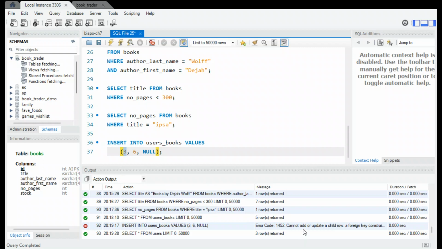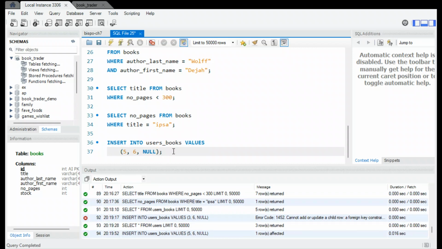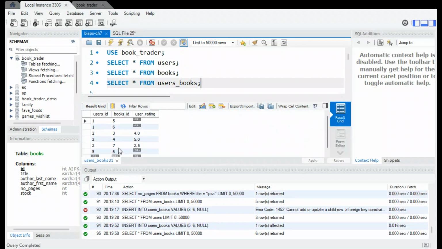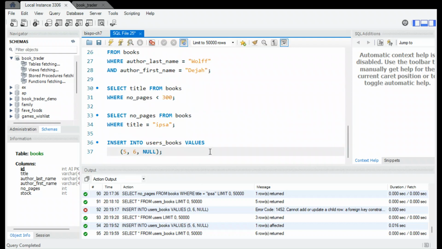Yeah, it's not working. So I have to actually match this against an existing user ID, and now it should work. There we go. And now if I go to select users books, there's the newest entry, user ID number 5. They like book number 6, and they did not do a user rating. Okay, so that is the